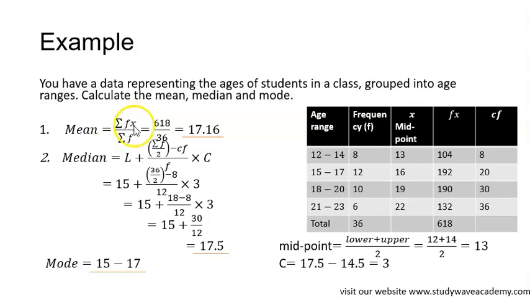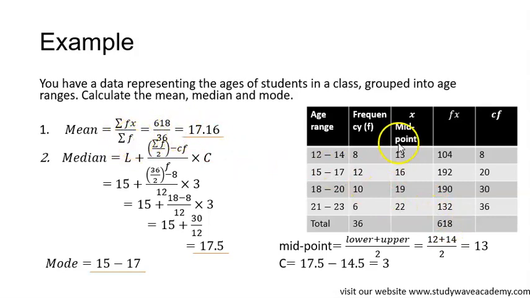First, we looked for the midpoint, which is x, the age range: the lower boundary plus the upper boundary divided by 2. We got the x, which is the midpoint. Then to get fx, we multiply the f, which is the frequency, times the midpoint, which is x. We got fx. Then we added our numbers to get the total. We had 618. So we have gotten the sum of fx, which is 618 over, we are looking for now